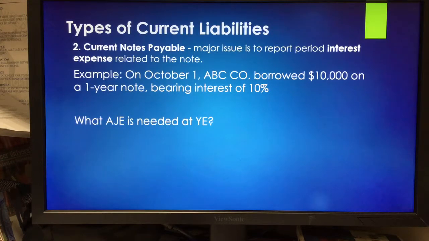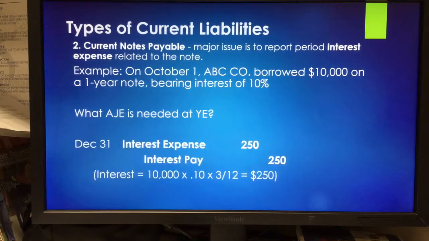Well, let's imagine that December 31, the calendar year end, is also the fiscal year end. And so because we originated this loan on October 1st, we need to accrue interest as of that date. Well, you'll remember that interest for any given period is calculated as principal times rate times time. Principal, the $10,000, 10% the annual rate, and we have to accrue interest for 3/12 of the year, October, November, and December. And so that interest is $250, so as of December 31st, we will need to accrue $250 interest